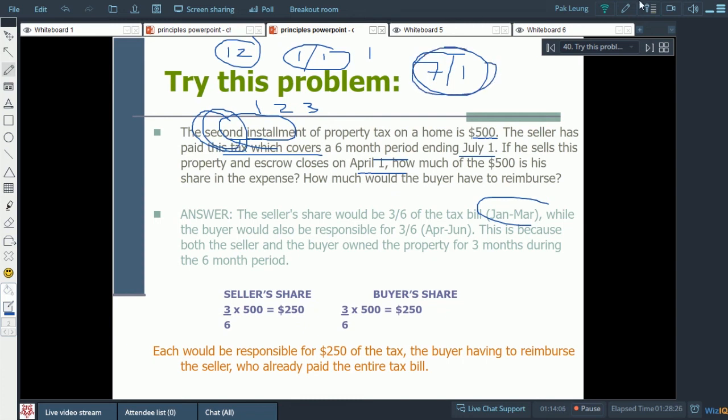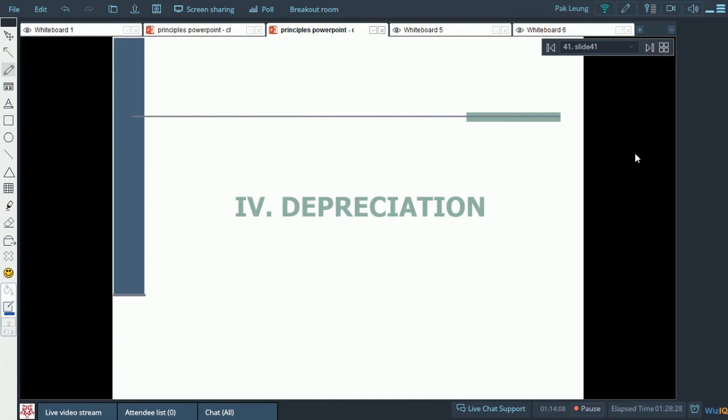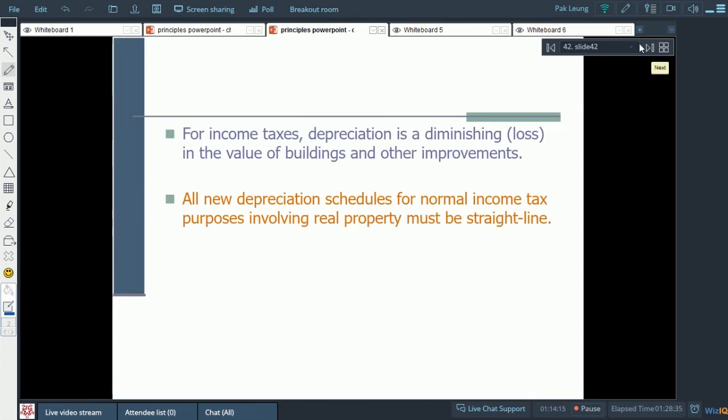And the second installment, it's not even June yet, right? It closed on April, right? So it doesn't make sense. So you're gonna say, it may not be January 1st. If it's July 1st, then it's the second installment. So you gotta be careful. So it's July 1st is the fiscal year. Alright, depreciation，这个涨旧，这个怎么去算？